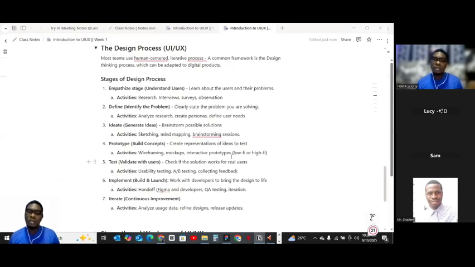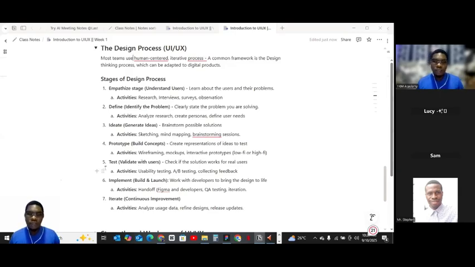Now, one thing about this is that when you do a wireframe, you can draw links from one page to another to see how, okay, if I click on order, it's going to move to this next page. All these things, you're building concepts, you're understanding the design, you're understanding the product. So you'll be learning all these things as we move further into the class.